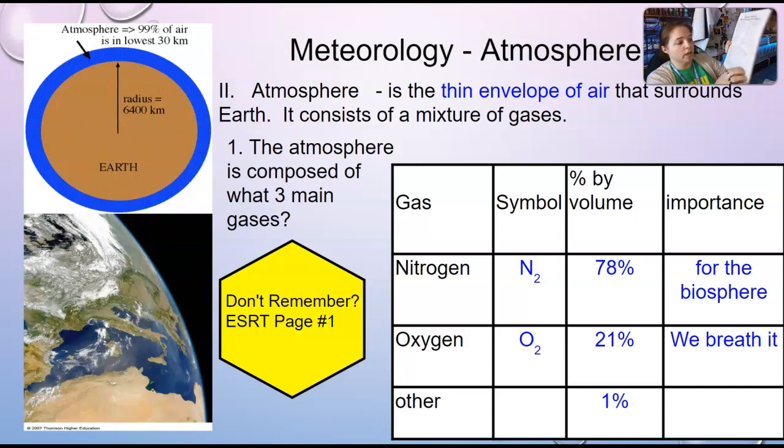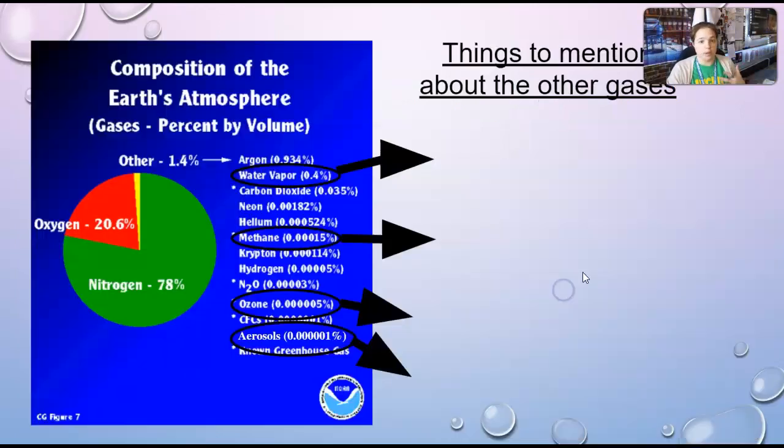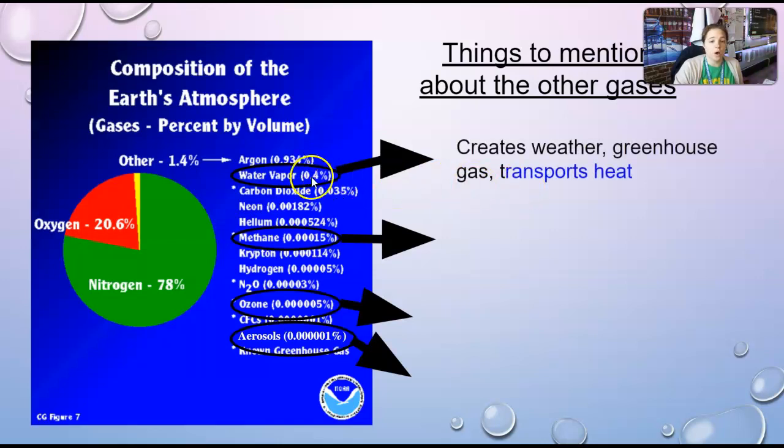And then you'll notice at 21% is oxygen. So that's 21%. And then all other is 1%. Oxygen is important because we breathe it. Okay, so things to mention, this is the other 1.4%, and you'll notice water vapor is 0.4% of the gases,